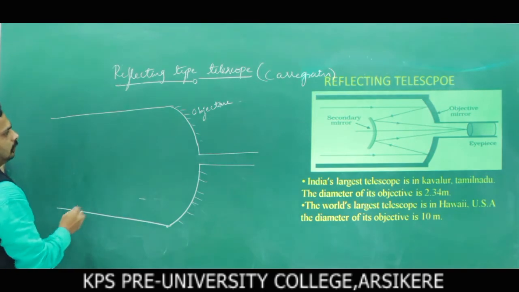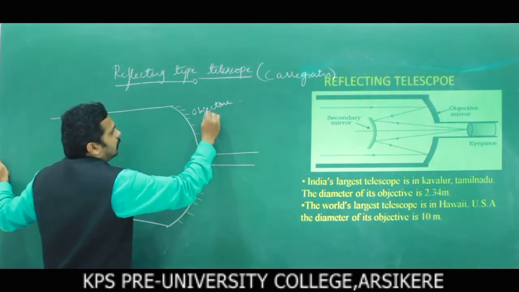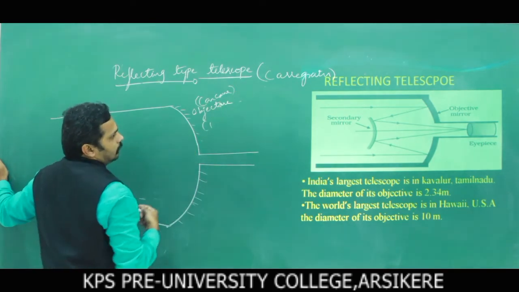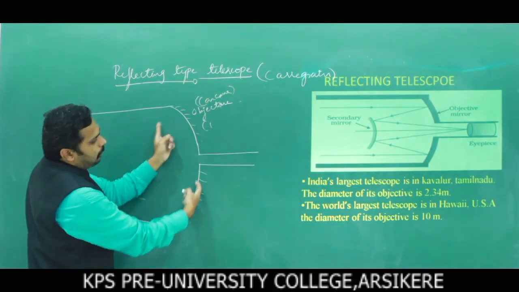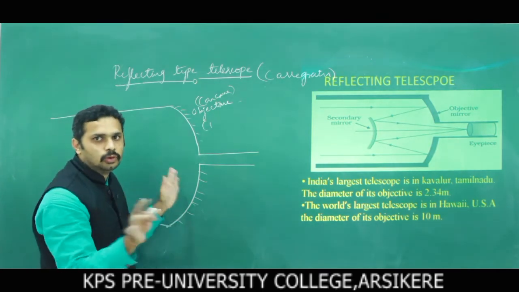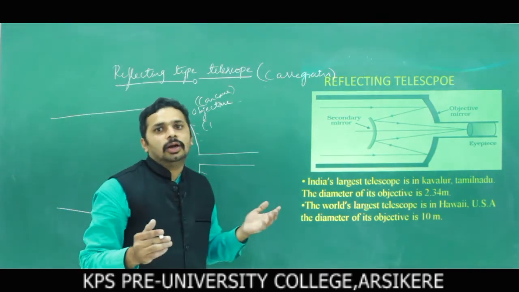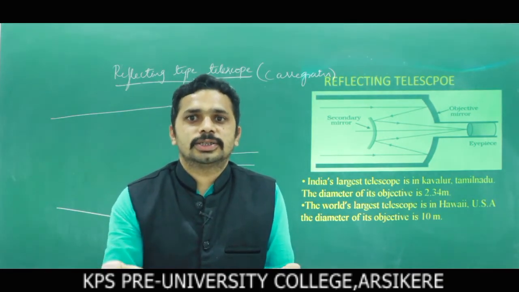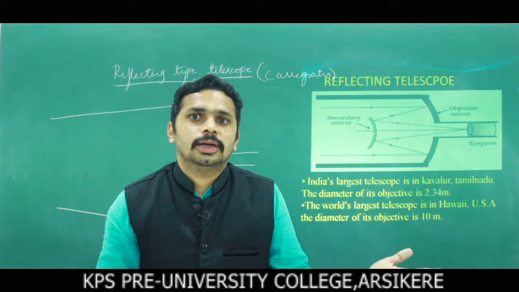Look at here. Now this objective mirror is which one? Concave mirror in Cassegrain type. Now look at that, it looks like a parabolic reflector to overcome spherical aberration. In mirrors, no color defects. And also to overcome handling defects, because I told that mirrors weigh less than the lenses.